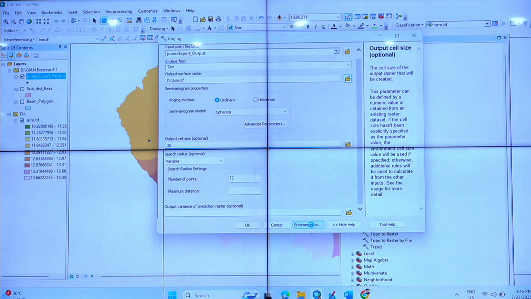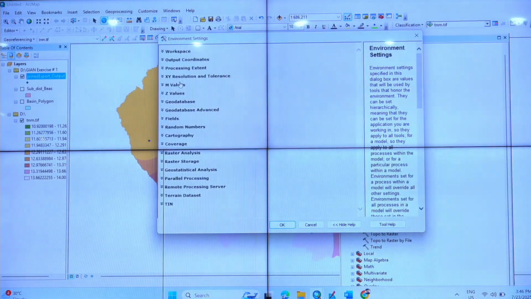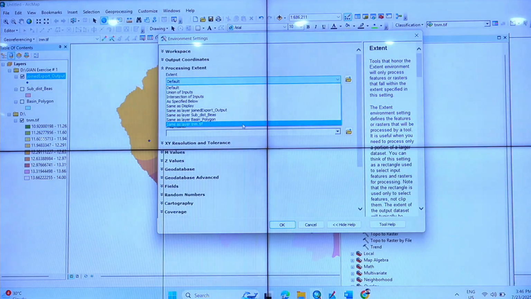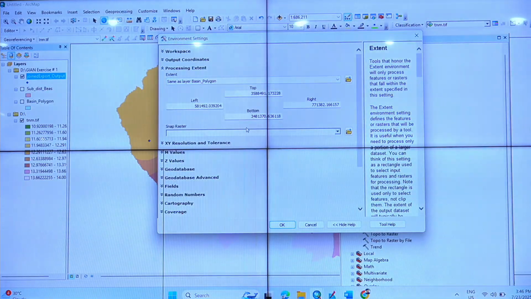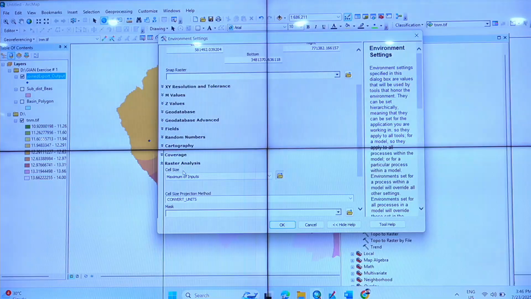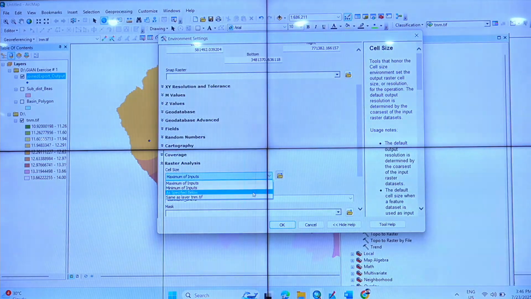Then we go to environment, go to processing extent, basin polygon, na? Same as basin polygon. Then we go to raster analysis, then say same as specified below.